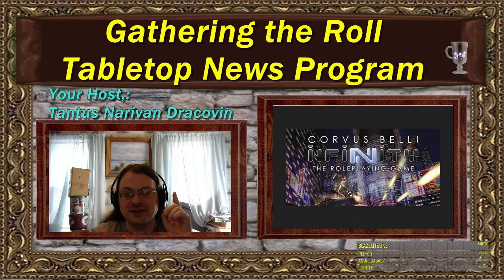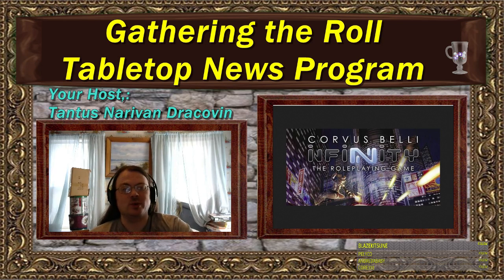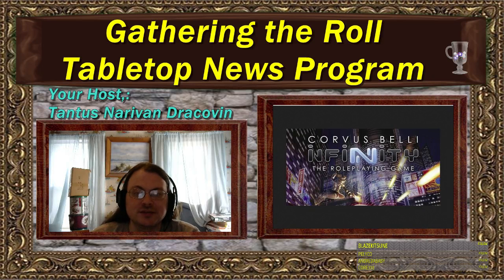Modiphius has released a number of Quick Start guides. Now, as you know, I'm a big fan of Quick Start guides. They're a way that you can test out RPGs without buying the full versions of the book. So Modiphius has released a number of new ones for some of their campaigns. This includes Infinity, Space 1889, Mutant Chronicles, and Elite Dangerous. All of these RPGs, they've released free Quick Start guides that you can check out now on their site,